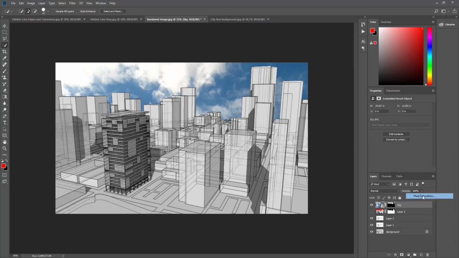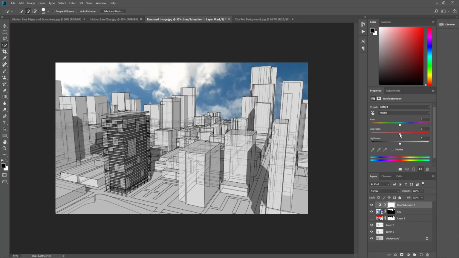You're going to go up to Hue, Saturation, and you're just going to come in here and play with your saturation settings to make this sky kind of blend in. So I just drag this saturation all the way to the left. So now what we have is a sky that's kind of the same color over here. And we're going to adjust this a little more in a second, because it kind of stands out a little bit in the sense that everything else is kind of sketchy edges and sketchy lines in here,